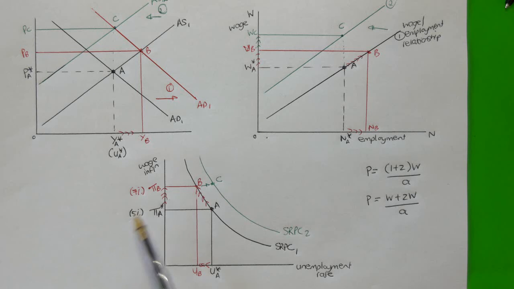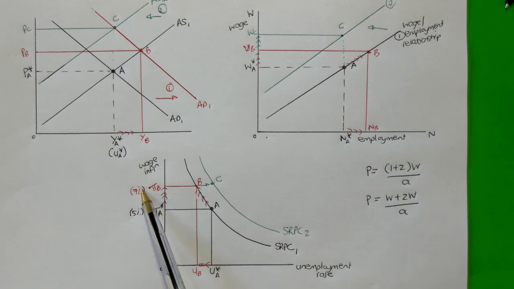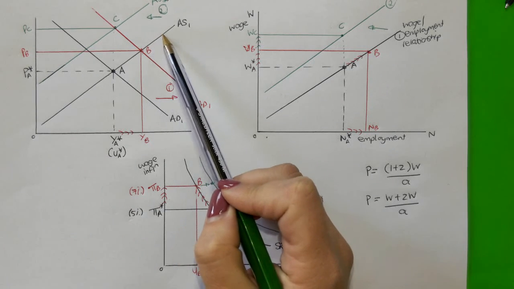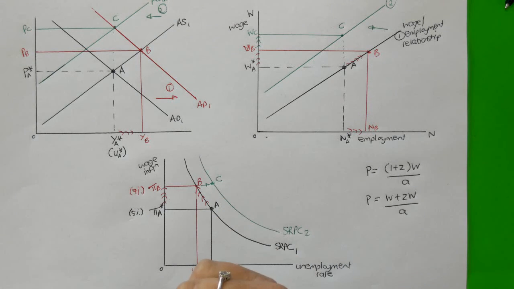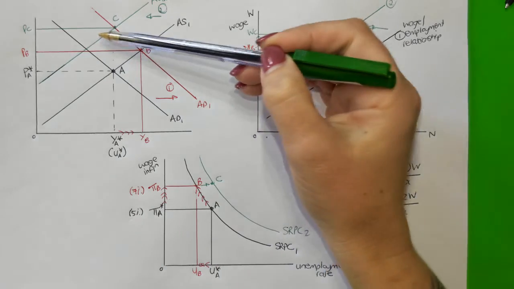Instead of expecting inflation of 5%, they were expecting inflation of 7%. This caused firms' costs of production to rise. As firms' costs of production rose, firms cut back on the amount that they were willing to supply,